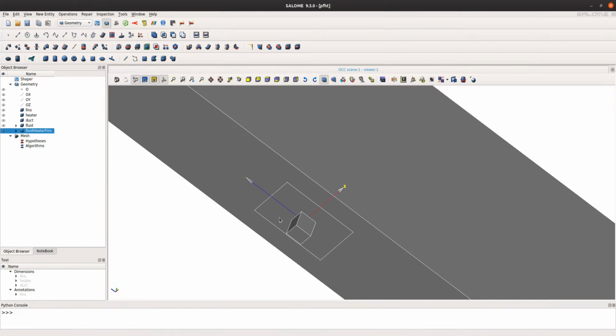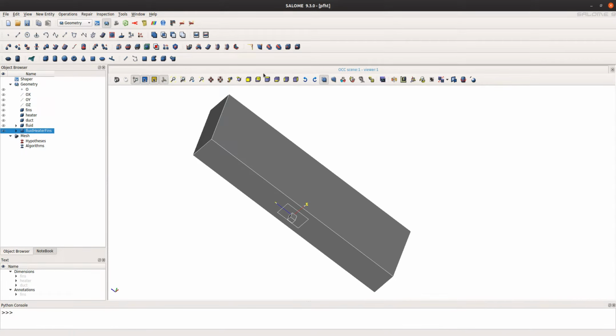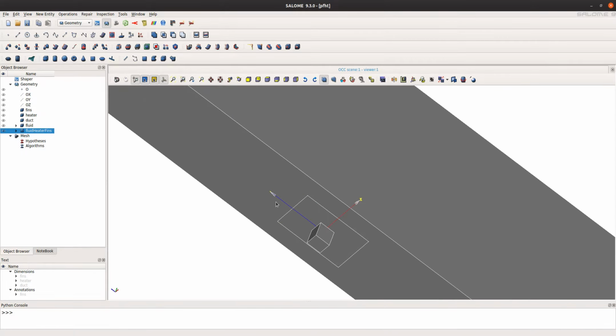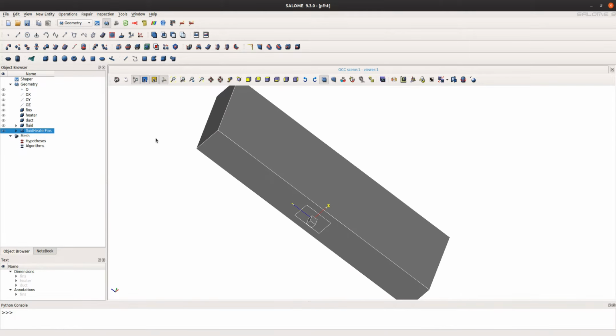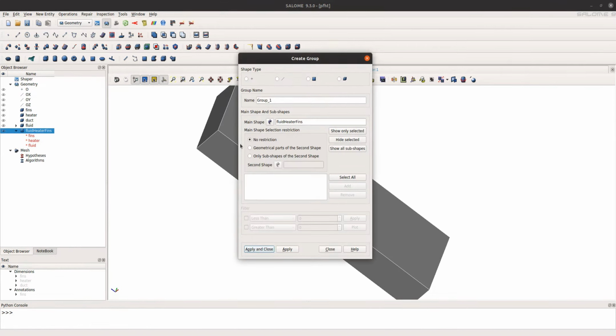So now we can define an outer surface that covers all the regions. So we can go here and create groups.